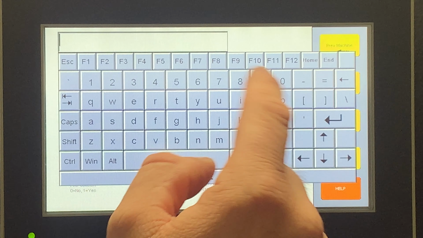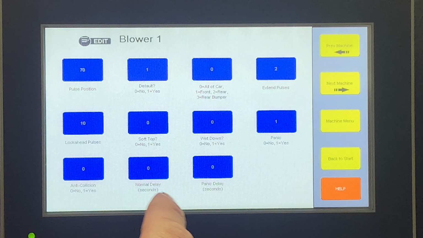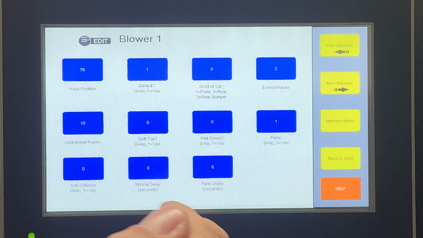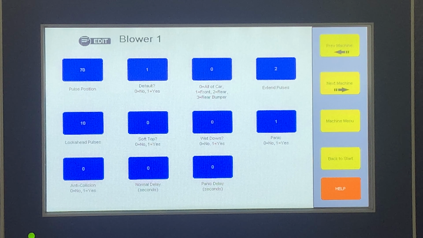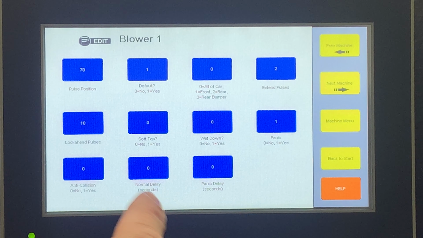Now this one we can put to 0 because it's the first one. And when you go to do your second blower, you definitely need to stagger that. Like I said in the previous example, you want to at least have that at a 2-pulse start. And that is how you set up your